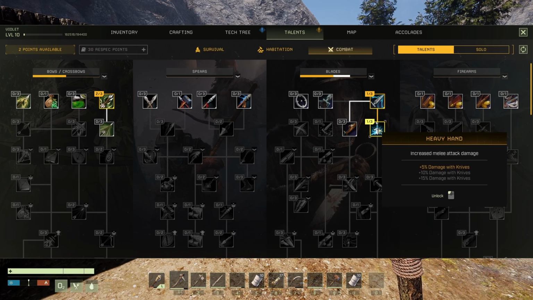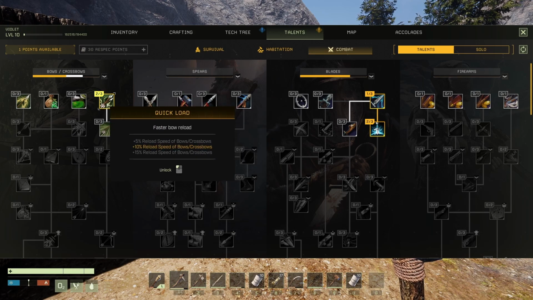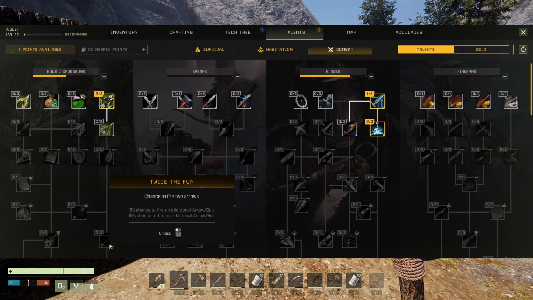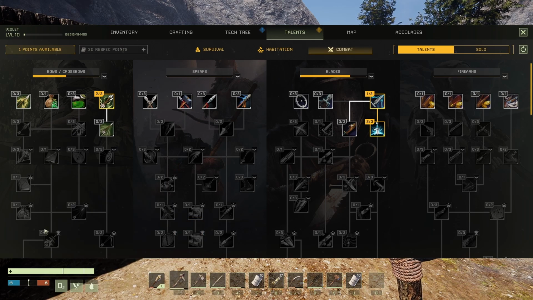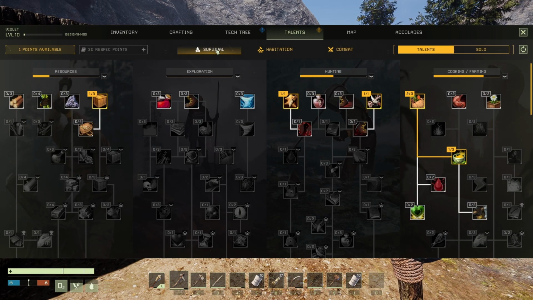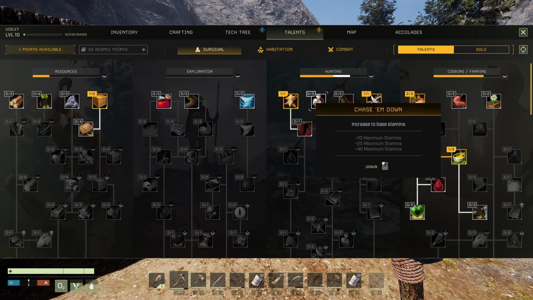So I'm really not sure that that's worth it, actually. So let me double pump damage. I'll do the point in damage here as well. And I have 1 more. Reload speed is good. Accuracy would be good. Chance to fire 2 arrows. Increase critical hit. Arrow strike slow your target's a good one. I think I will actually go with...